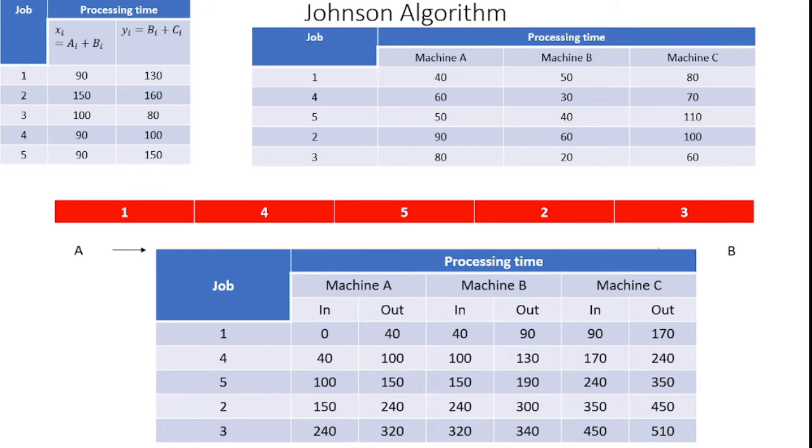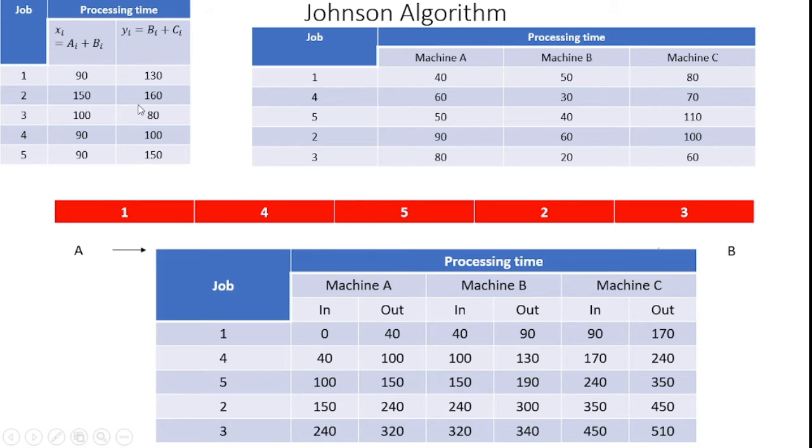Here I utilize the Johnson algorithm procedure for solving this sequencing problem. Here you see the 2 machine processing time I converted. What is the first step in the procedure of a 2 machine problem? Because I converted the 3 machine problem into a 2 machine problem, I utilize the usual method. First I have to identify the minimum processing time available in this table.